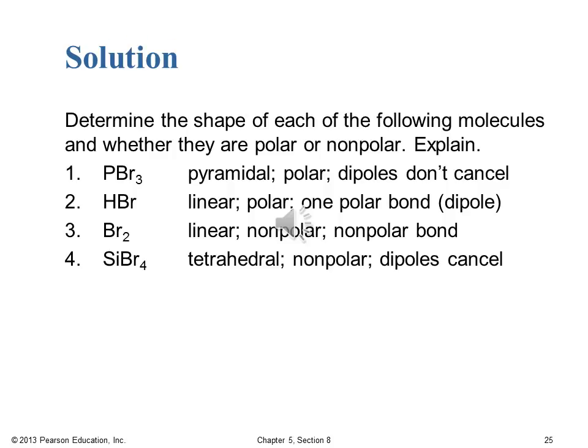Number 2, HBr, that's going to be linear, right? We said that whenever there's just 2 atoms involved, we're always going to have a linear type molecule. So this would be an example where we have a central atom. I guess if you want to consider the bromine central, because we only have two atoms involved, the bromine would have 3 lone pairs, and then there's the 1 bonding pair to hydrogen. Okay, so we have the bromine pulling the electrons in that Br-H bond so that it is developing that partial negative. The hydrogen is developing a partial positive. There's no equal and opposite force to cancel, so we do end up with a polar molecule and a dipole